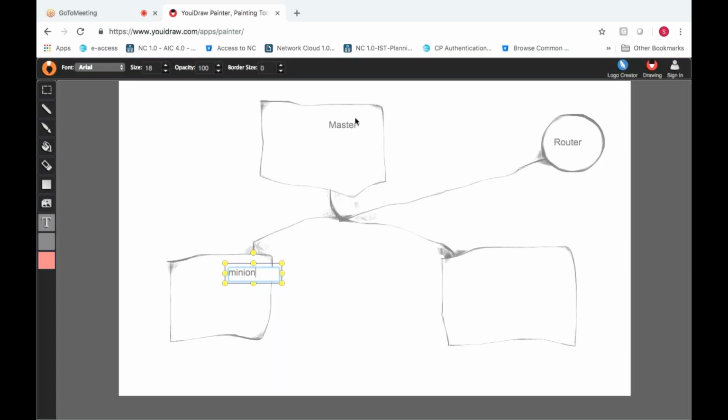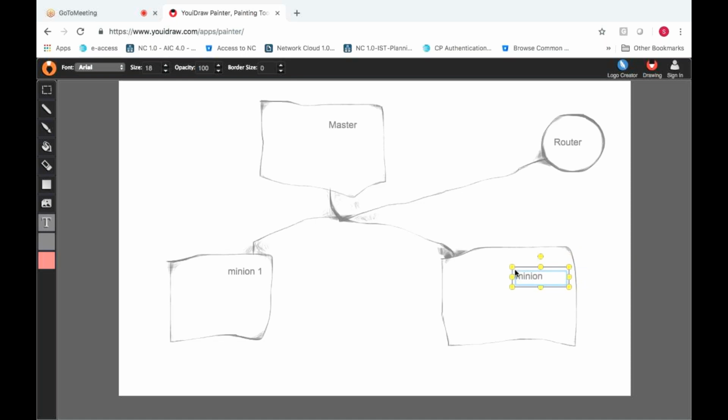Now the latest name is controller, and these are called nodes. Let's say it is Minion 1.